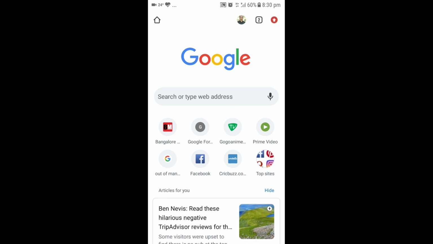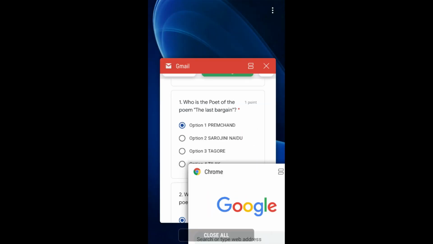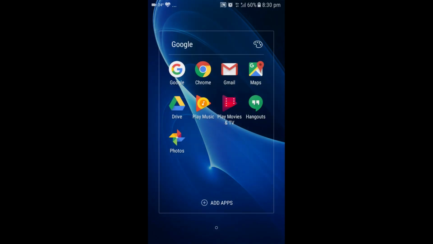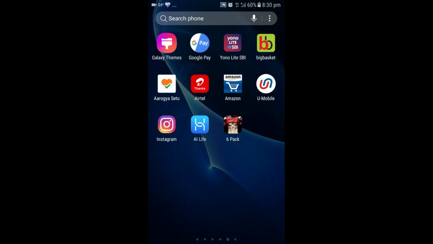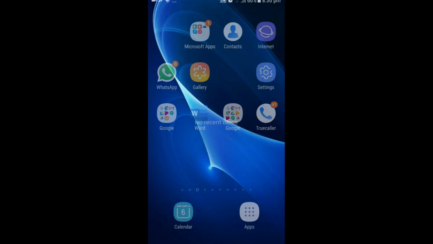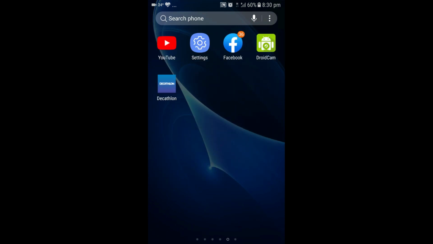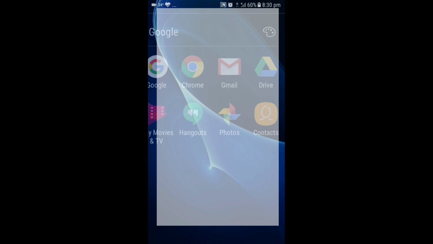Then I come back to this exam and close all. Let us see whether it is closed or still available. No, everything has closed. The student should not close it. Then let me again check whether the students have done it. So again, let us log into the Gmail of the student.